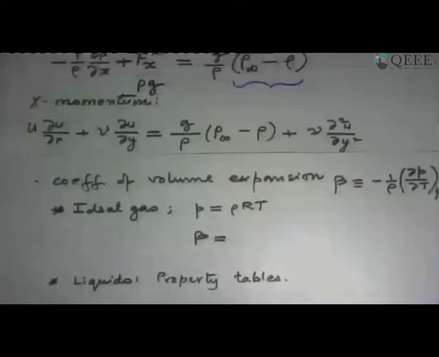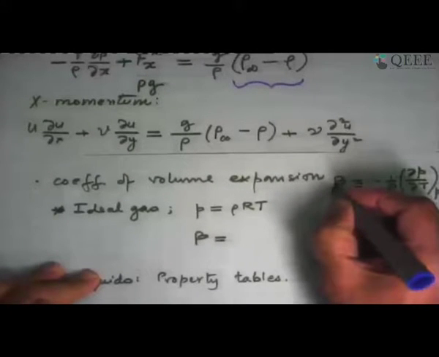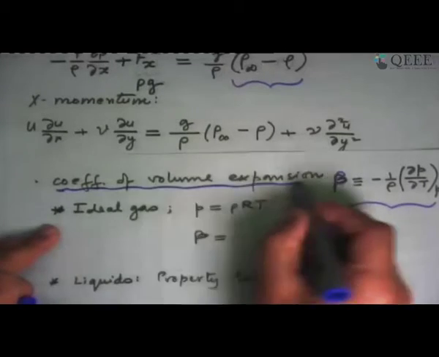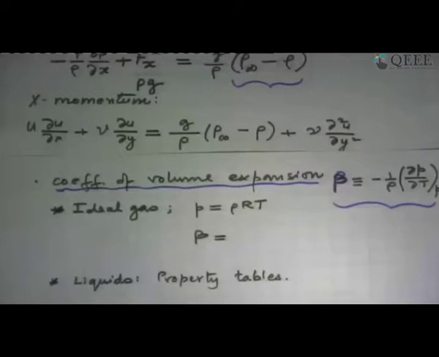Now we'll go back and look at this equation and ask what this rho depends on. We have two possibilities here. One is an ideal gas, or in general, whatever the fluid is. If you recall your thermodynamics, we defined a lot of properties there, and one of the properties that came up was beta equal to minus 1 upon rho, d rho by dT at constant pressure, and this is defined as the coefficient of volume expansion. So you can relate that volume expansion with density, and figure out the dependence of rho on T.